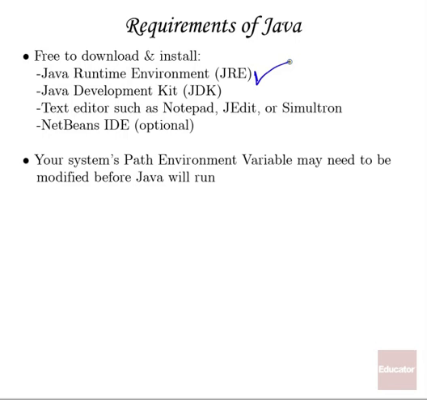Some other things that you want to make sure that you have is the Java Development Kit. This enables programmers to develop and write in Java. And you also need a text editor. If you've got a Windows system, Microsoft Notepad is fine. If you want to download from Sun Microsystems, JEdit is specifically built for editing Java in a text editor. On an Apple system, we are using the text editor Simultron here, which you'll be seeing today and throughout these lessons. If you want a full-blown integrated development environment, you can download and install the NetBeans environment. We're going to take a look at that again today.